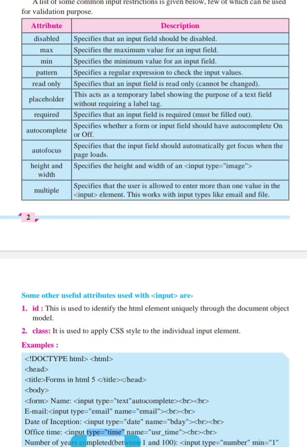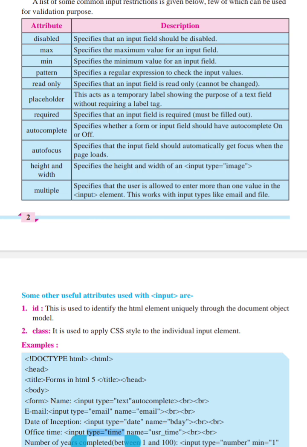Then we have pattern, which specifies a regular expression to check the input values. Then we have readonly, which specifies that an input field is read only and cannot be changed. We can read particular data, but we cannot change it. Then we have placeholder. This acts as a temporary label showing the purpose of a text field without requiring a